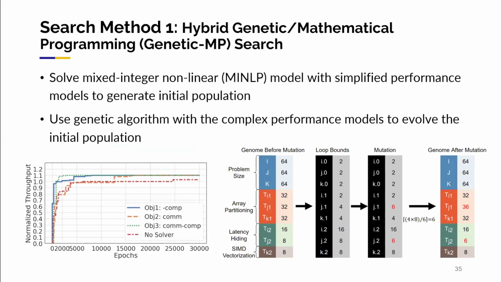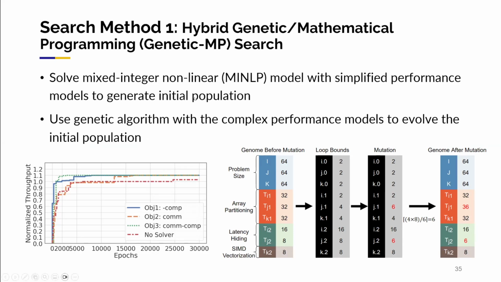So to explore this huge design space, we proposed two methods. The first one is a hybrid genetic mathematical programming method. Since we have an accurate performance model, it is difficult to solve with a mathematical programming solver. But we need to have an initial population for the genetic algorithm. So we use a simplified version of this performance model that takes the most important factors, the communication and computation,